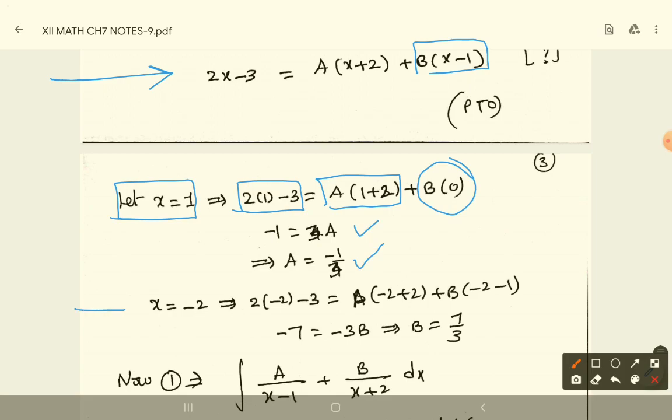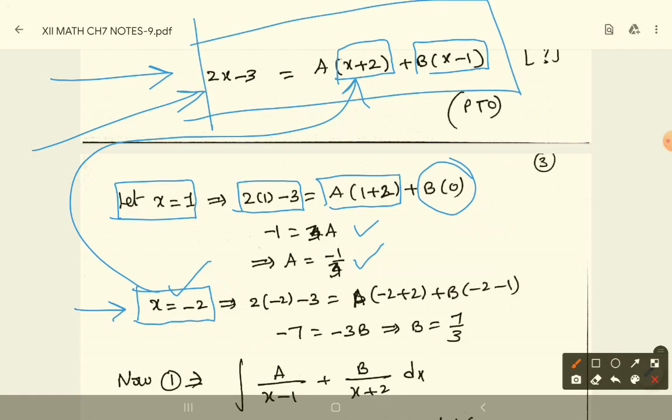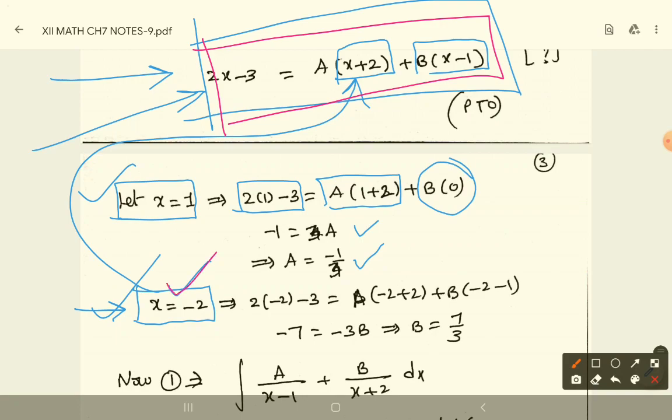And then x is equal to minus 2. You will have a question now: why is sir taking such values only? Because by substituting x is equal to minus 2, one of the factors becomes 0. Look at this. That's why I am substituting x is equal to minus 2 everywhere in this expression. This is very, very important. Whatever values I take for x, I substitute in this expression. So take the simplest values with which we can easily find the values of capital A and capital B. After substitution, I will get b is equal to 7 by 3 after simplification.